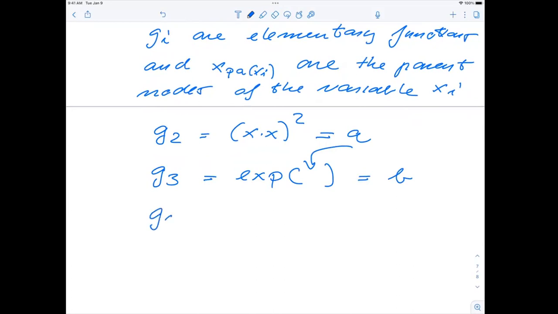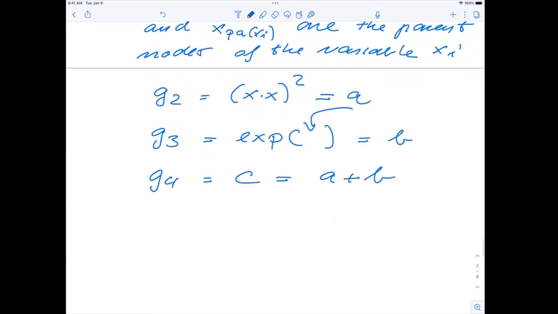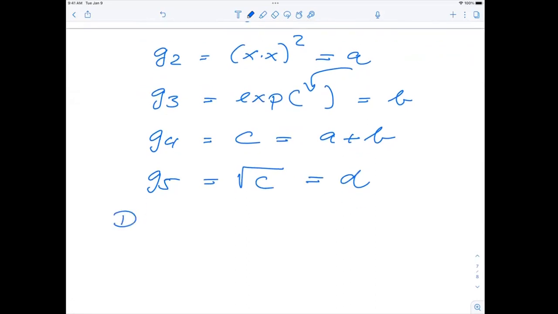And then we had g4, which was defined in terms of the c, which is the same as a plus b. So these are again the parent variables from the previous nodes. And then we had the g5 here, which was simply the square root of c, which then gave us d here. And by definition,